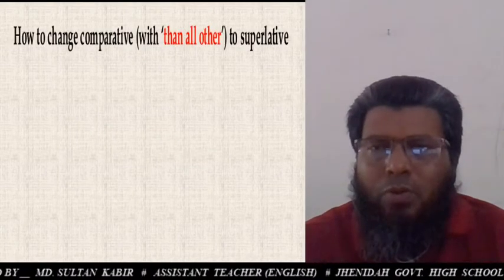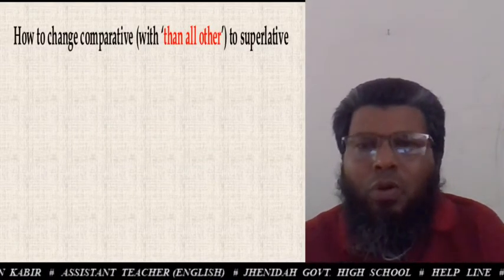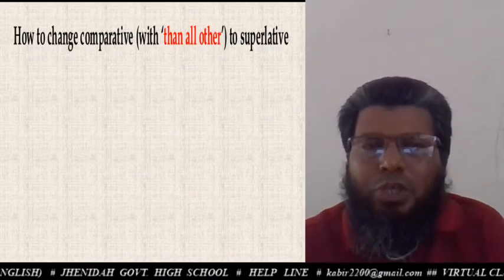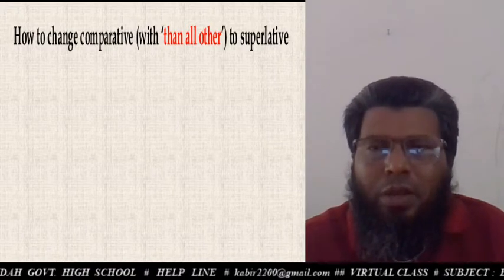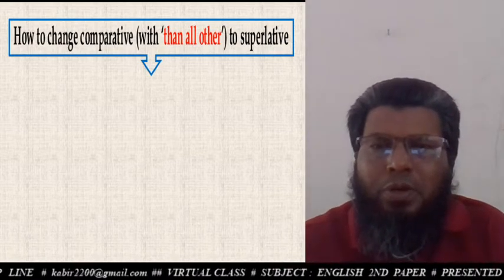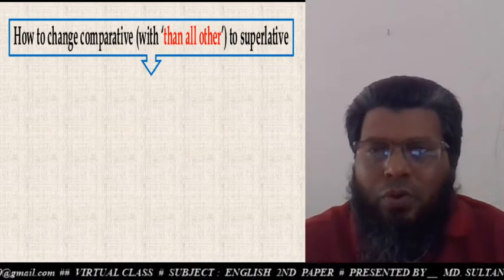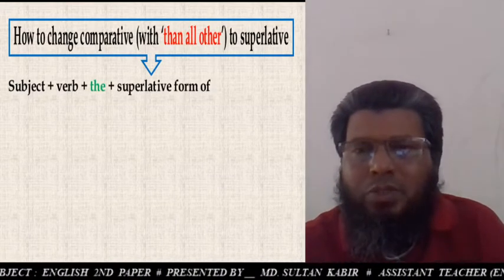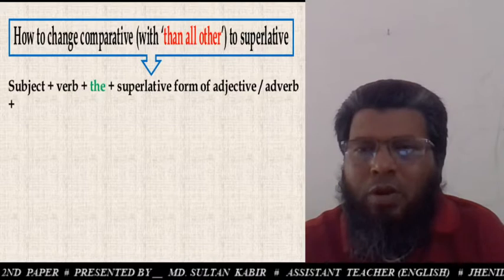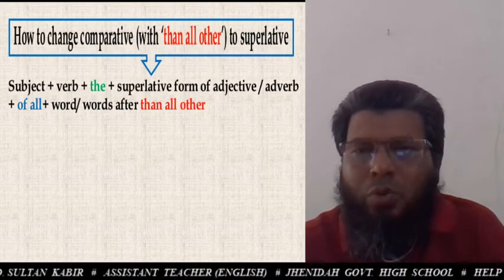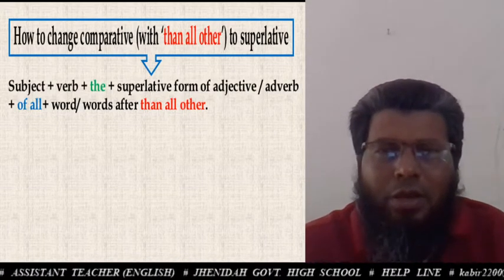Well, now there is another rule here for you. Okay, how to change comparative with than all other. Sometimes we can get a comparative sentence which has than all other. Now to change this type of comparative degree to superlative, follow the structure. Okay, now look here. We'll add the subject and verb, then we'll add the, then the superlative form of adjective or adverb, then of all, plus the words after than any other. Here,